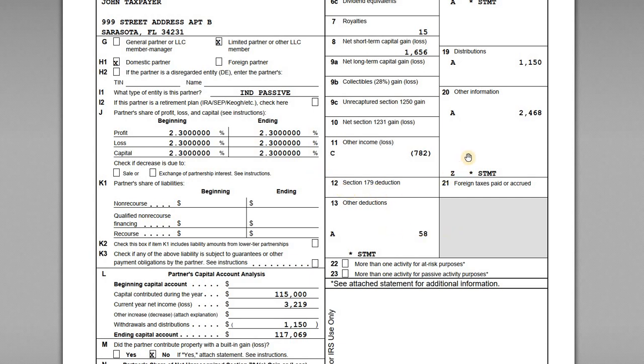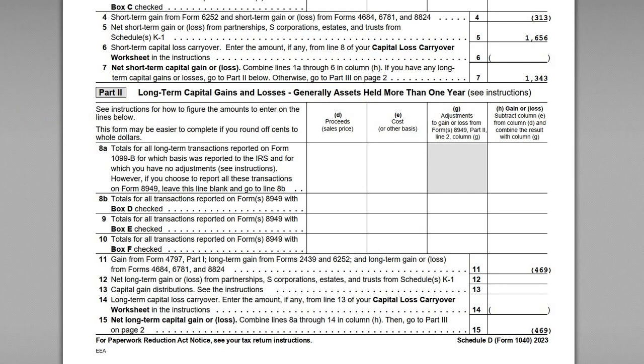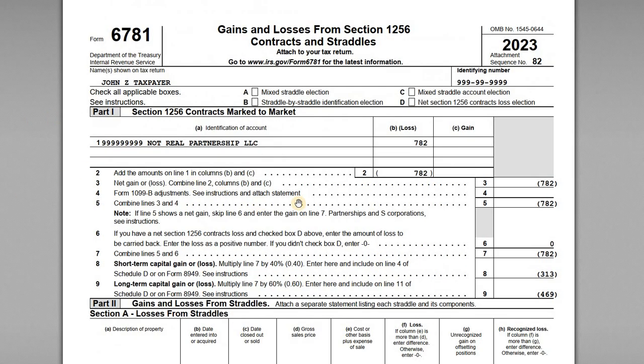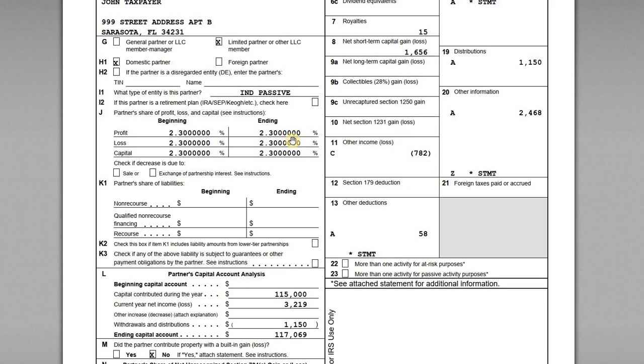Okay, now moving on to line 11, line 11C. So line 11, other income or loss, there's a lot of different items that can go into line 11. In this case, we've just got line 11C for Section 1256 contracts. So Section 1256 gains or losses are reported on a 6781. So on John's return here, if we jump down to the 6781, we have gains and losses from 1256 contracts. And so in Part 1, we report the EIN, the name of the entity where it's passing through from, so not real partnership. And we've got the loss of $782 reported there, right? So 782 in losses